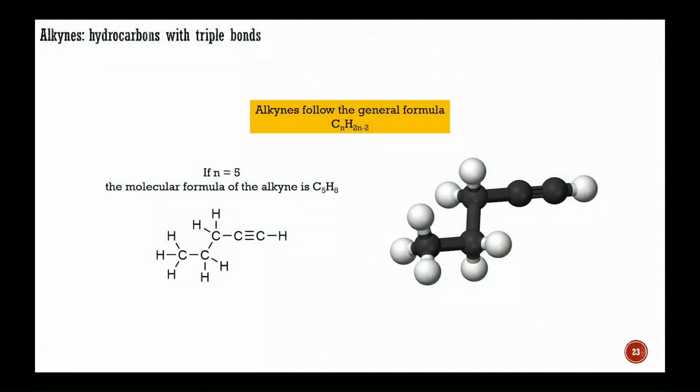Hydrocarbons that contain at least one carbon-carbon triple bond are called alkynes, also known as acetylenes. Since alkynes have two fewer hydrogen atoms than alkenes, their general formula is CnH2n-2. The alkyne with 5 carbon atoms has the formula